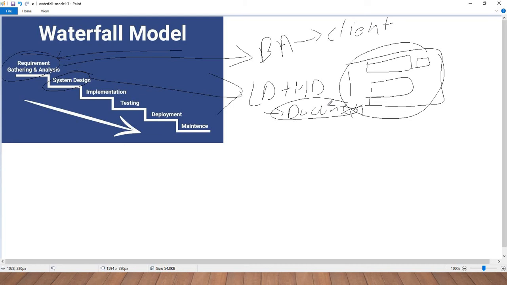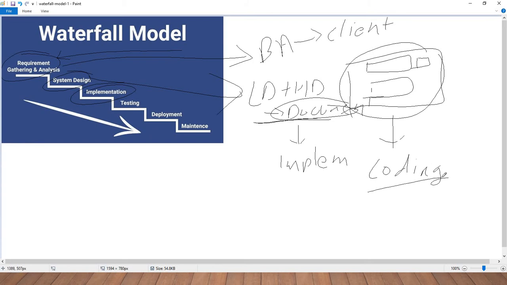What will we do next? We need to turn this design into implementation. So how do we implement this design? In the implementation stage, the development team will work on coding the project.